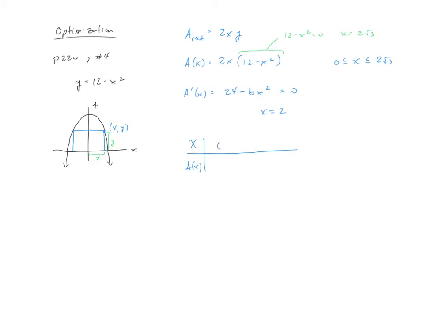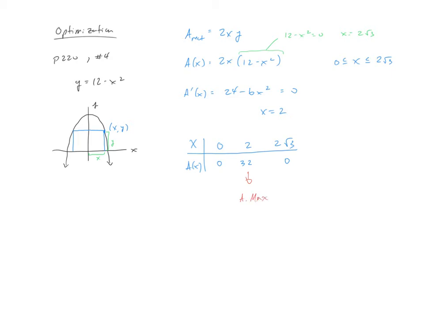I would test my endpoint, my critical value of 2, and my 2 root 3. When I do this, I get a 0, a 32, and a 0. Once again, these are generally pretty trivial. This is the number that I'm searching for because this would be my maximum of the three. And remember, I went into function A, went into this guy right here to find these values. Okay, so again, it's pretty evident right here that we've got a